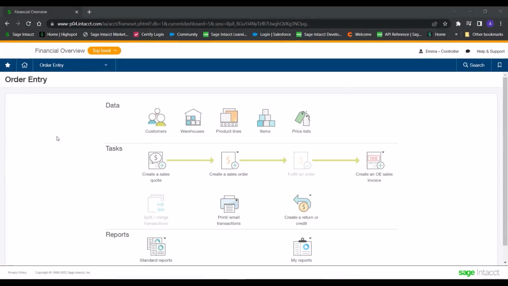I'm not going to cover off the quote to cash process in much detail in this session because it's actually quite similar to what I've just described with regards to purchasing. So what we're looking at here is the process map for order entry, and you can see we have very similar options available that we looked at within purchasing, albeit we're now looking at sales quotes, which we convert